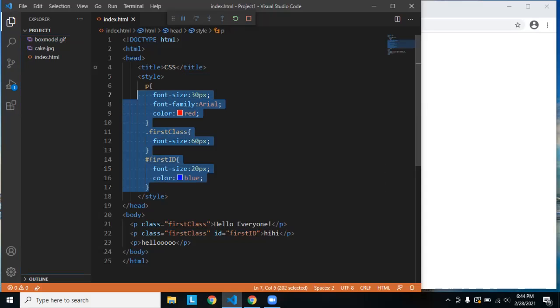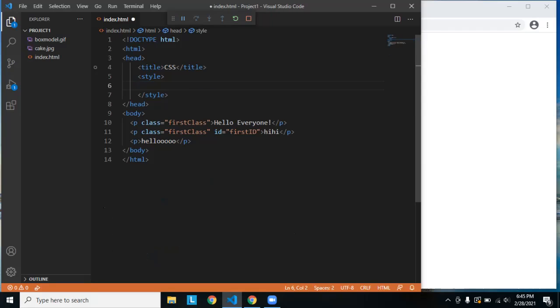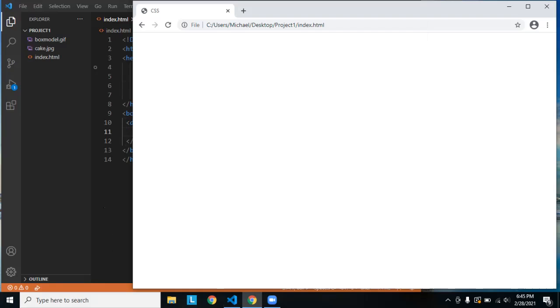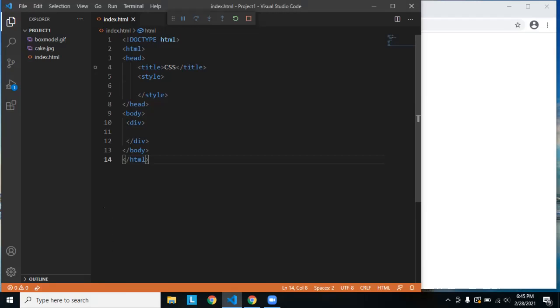Let's get rid of everything we've seen so far. I think we understand that. All right. So next, I'm going to introduce a new element called a div. The div is short for division. So let's just hit refresh, and we see nothing. So we need to give this div some